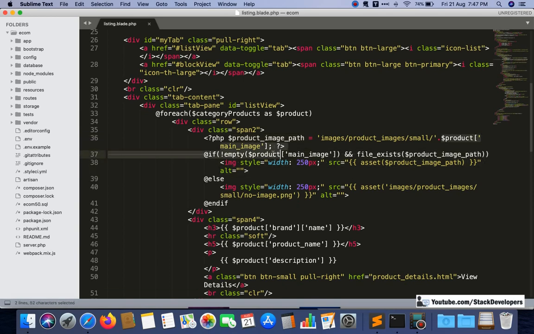It may be empty. So any time this field is empty, if the main image is not there, then it will give the issue that main image is undefined, because the main image is not there for some of the products at all, because we have not uploaded the images for all products. We have not made it mandatory.